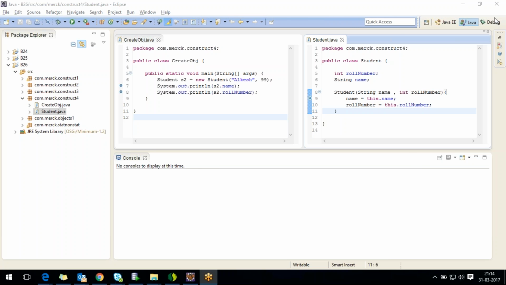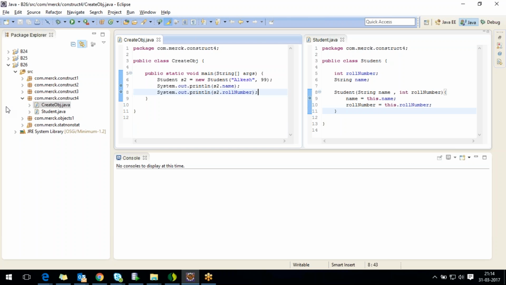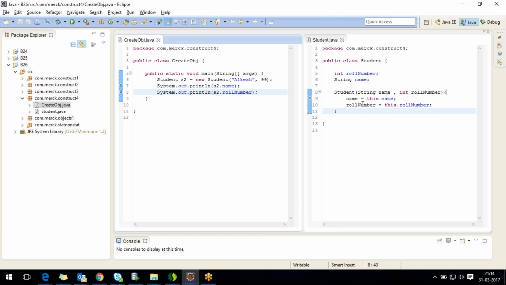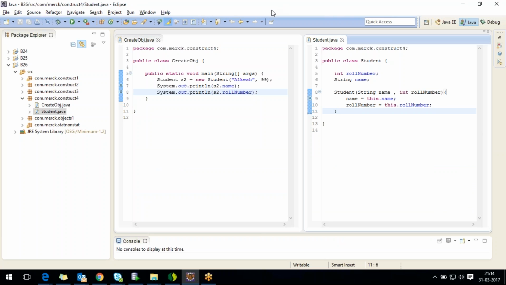If no doubt, let me just go ahead and see the constructor chaining. Now yesterday, did we discuss the constructor chaining, guys? Yes or no? No, we did not discuss the constructor chaining, is it? Okay, perfect, guys. So yesterday we discussed, say there are two constructors like this, one more constructor like